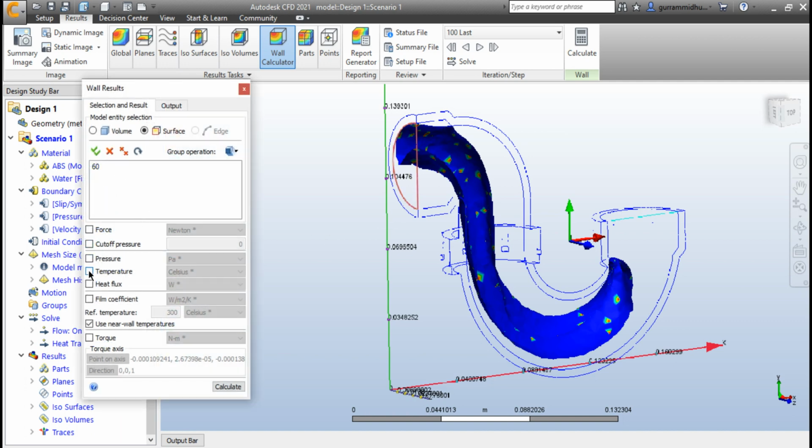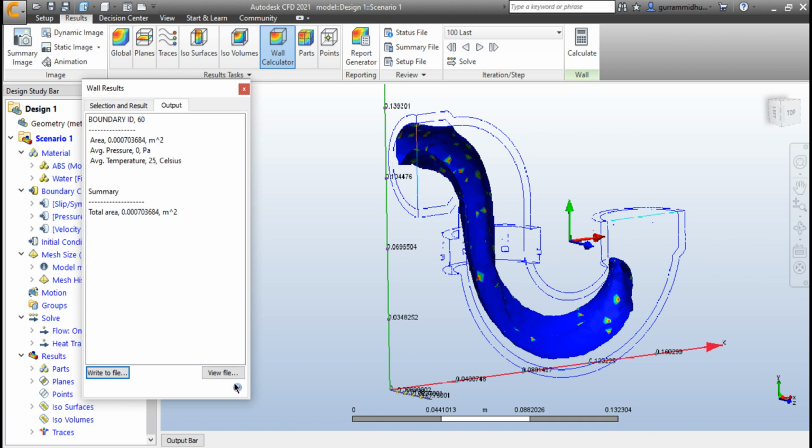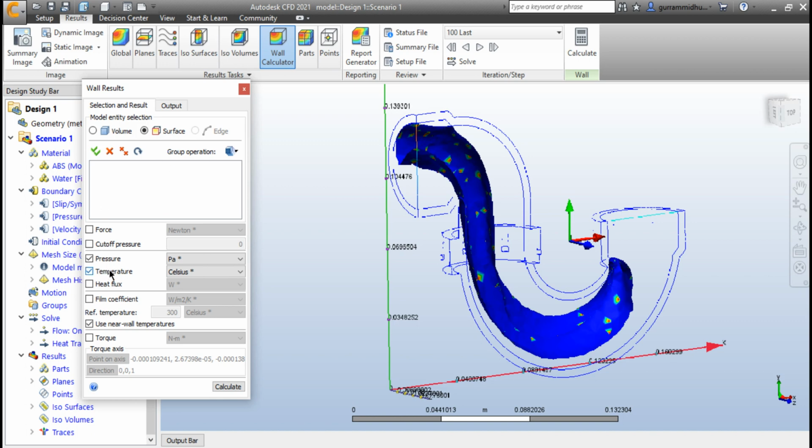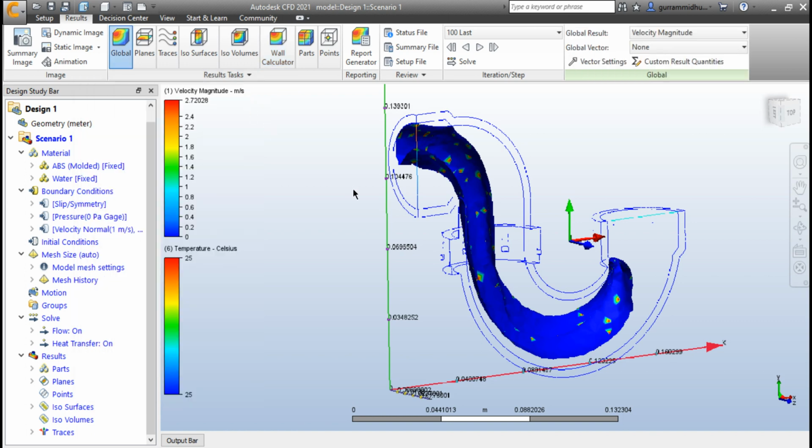I want to know the temperature and pressure at this surface. Click on calculate. Here the output is generated on an average. You can choose any result that you want and you can click on calculate for those surfaces. It gives you the average results of that surface. Perfect. This is how you can visualize the results in CFD.